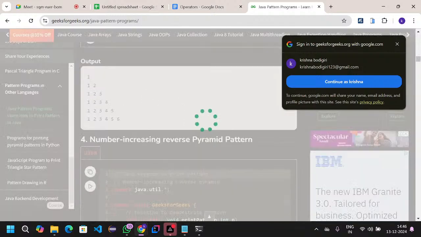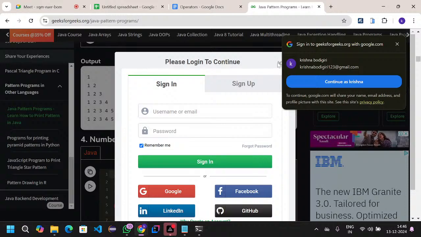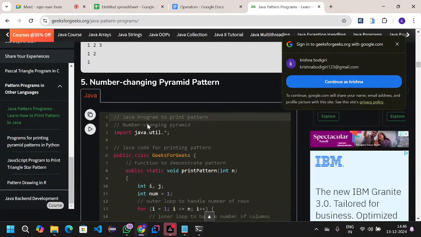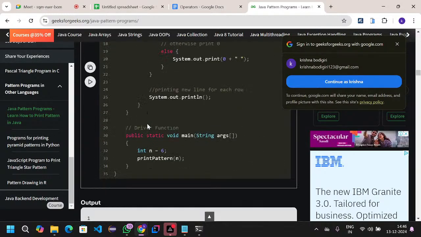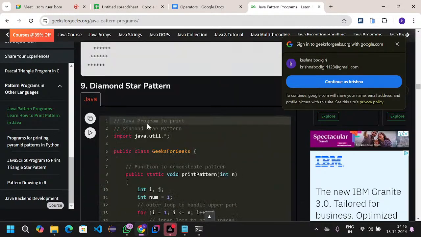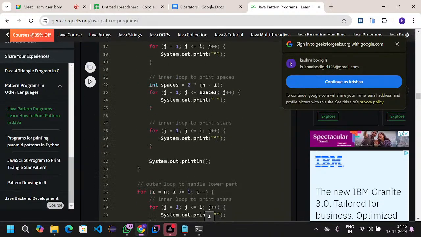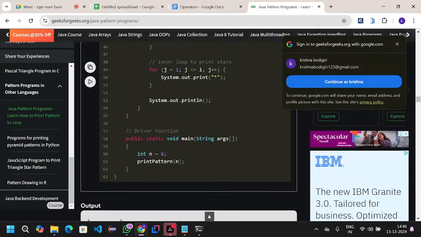So if you go here, these are the many examples they gave. When you have the free time, you can go and look into these websites also, and you can try to get